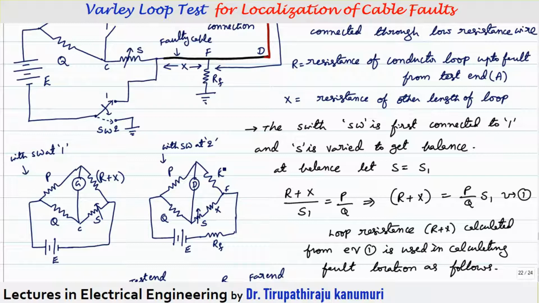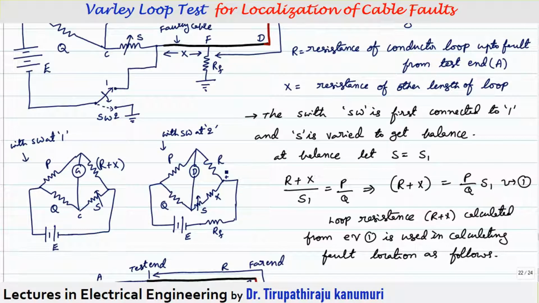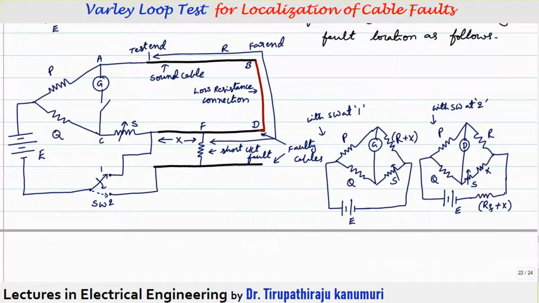Before proceeding, let us see the connection diagram for the second case also, because this is for the ground fault. Let us take the case of the conductor to conductor fault, also called the short circuit fault. Let us assume there are two cables. Between these two cables, the fault has happened at a location F. Again, for measuring this also, at least one healthy cable is required. So this is my healthy cable. Let us assume the resistance from this test end of the healthy cable to the fault of any one of these faulty cables I am representing by R. And from this location of fault to the location of this variable resistor, I am representing by X. And this is my faulty cable.